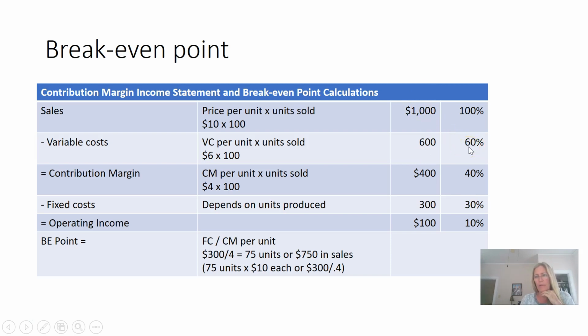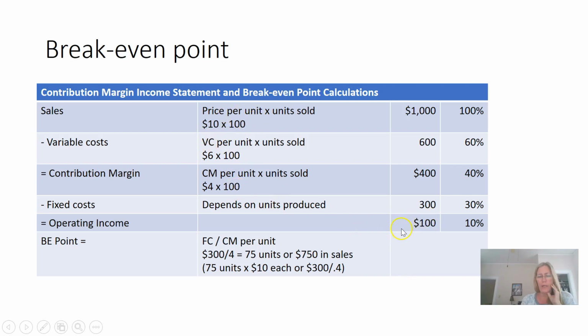We would say we have more variable costs in the structure than fixed. Okay, and then we subtract 300 from 400, we get a $100 profit, which is 10% of sales. We call that profit margin there. And then just to review your break-even point formula, obviously this 100 units is greater than break-even because you're